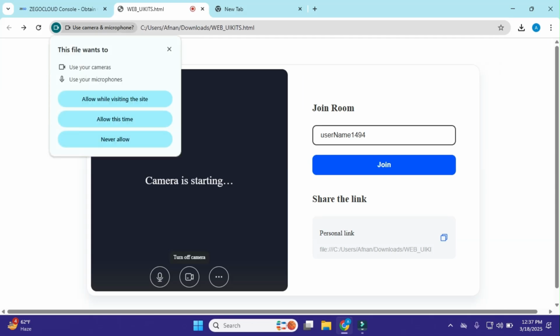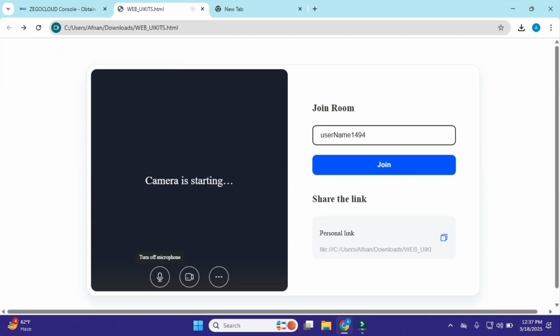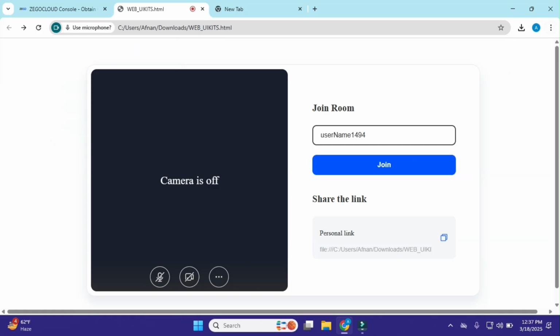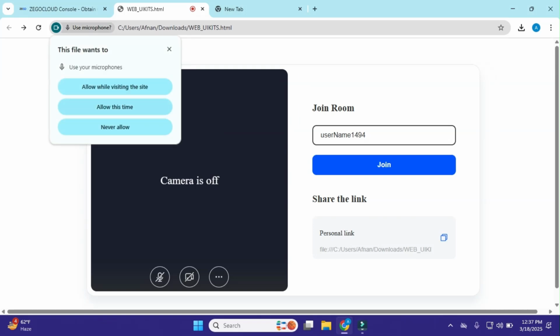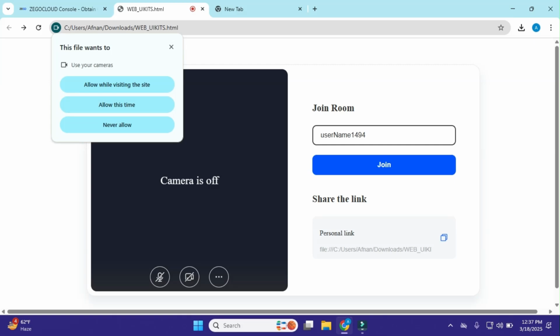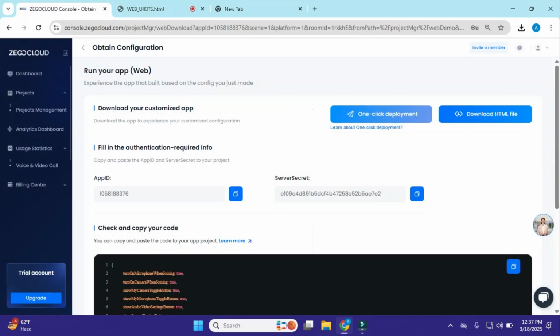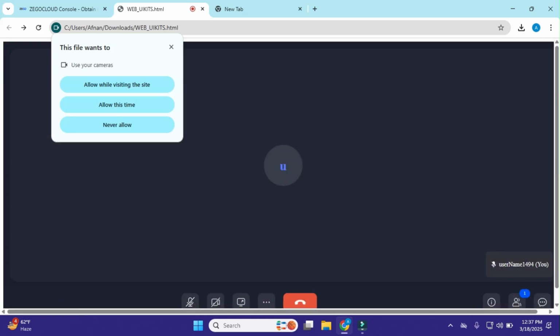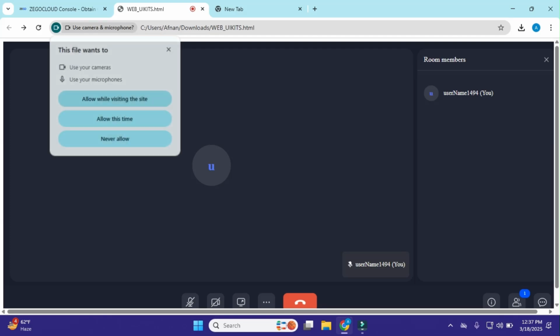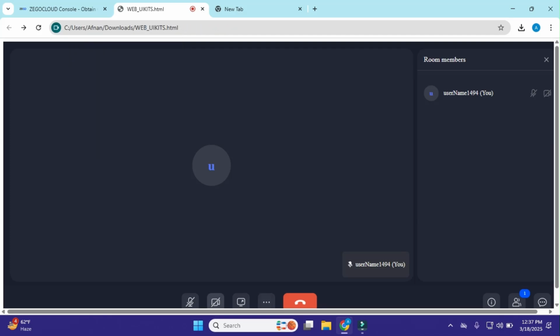So here you can see when I open this HTML file that we downloaded, it shows me this page, same as what we see in the demo and also on the Zego Cloud console. When I click on join, I simply join the room, and here I have one member, and we have all the functionalities that we see in Zego Cloud and in the demo.